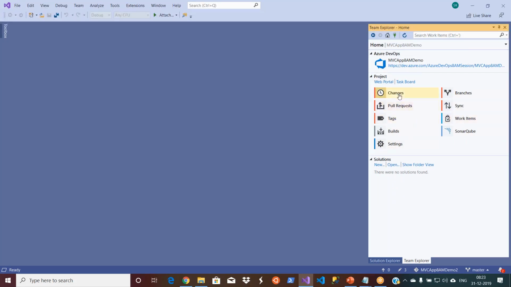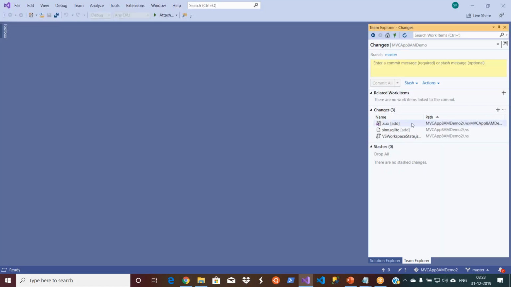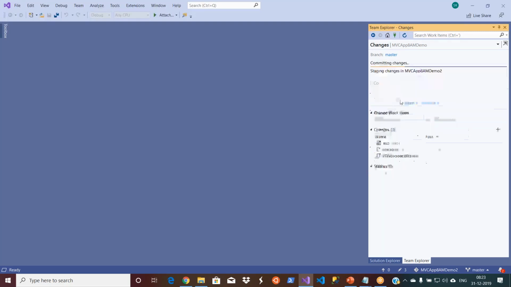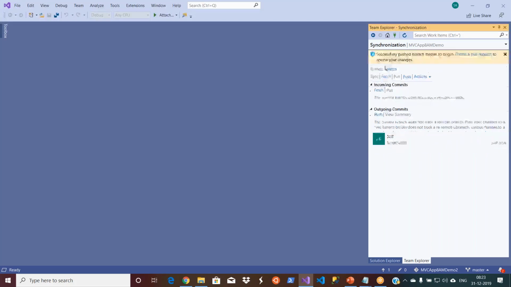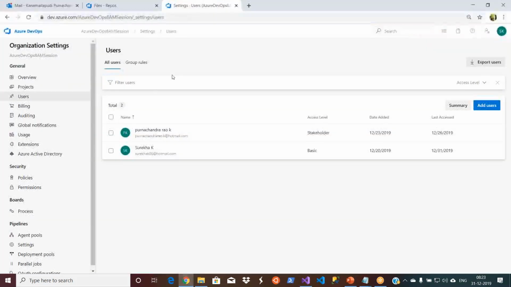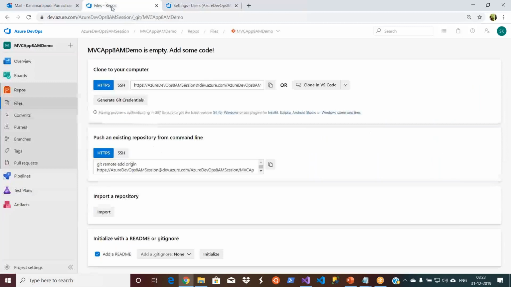Now if I go ahead and click on changes, I don't want any of these things basically. Let it be. So now it is pushing the branch, you see. You might have seen that one, pushing the branch. Okay, we made the same thing, but we haven't seen that command, so it has been grayed out, because yesterday I just made it. We will look into that one. The scenarios will be different, right? So let's go to repos.